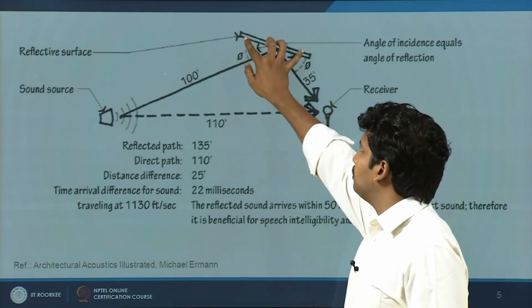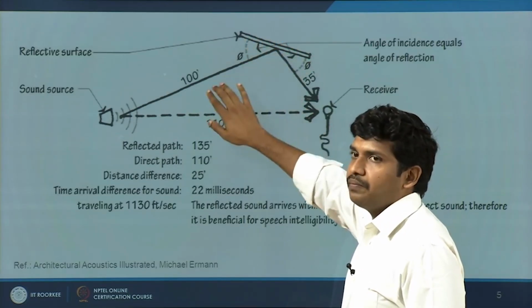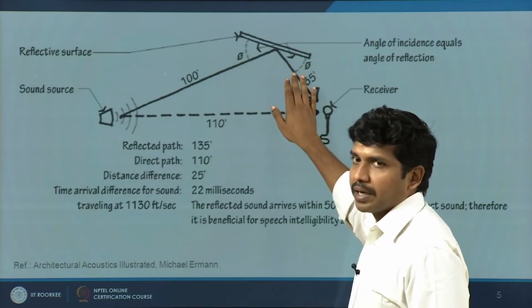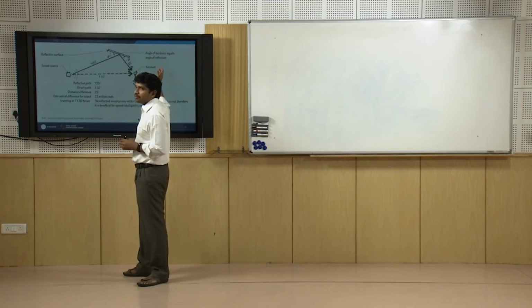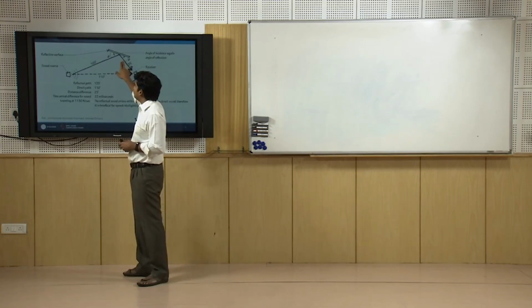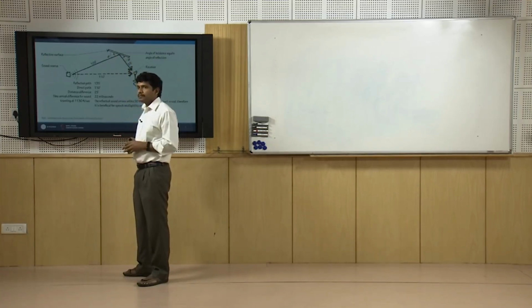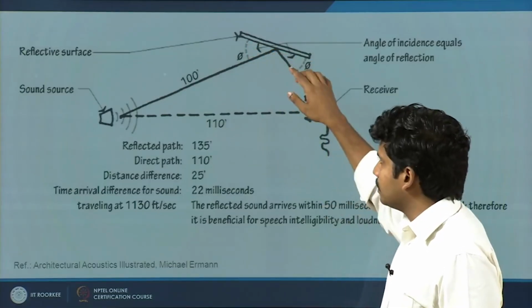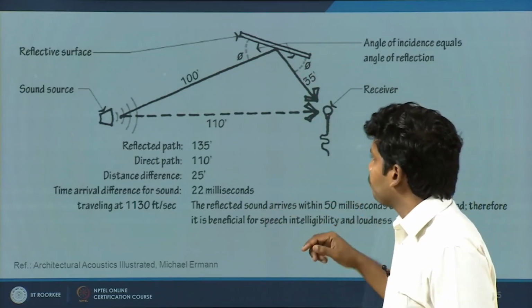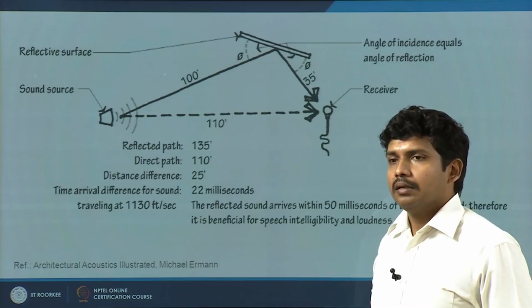Another thing is the dimension of the reflector itself. If it is too narrow versus too large, that determines at what frequency it is going to be effective. Larger panels typically are effective for low frequency sounds. There are also iterative calculation methods, formulas and equations using which you can determine the length and width of these suspended reflectors. We are not getting into that detail right now, but we are trying to clarify the source